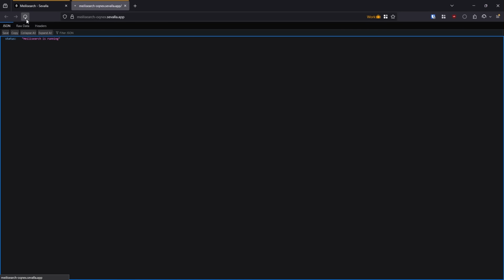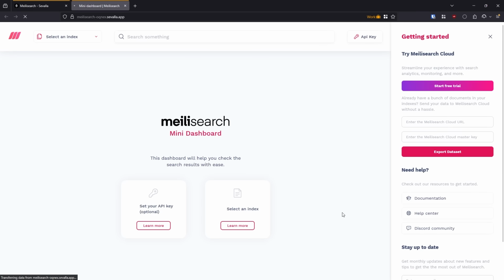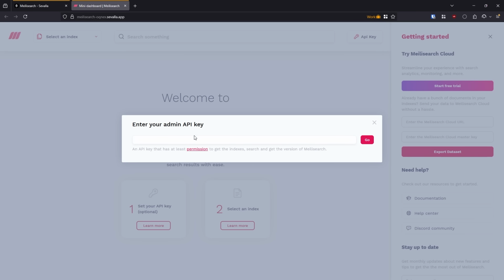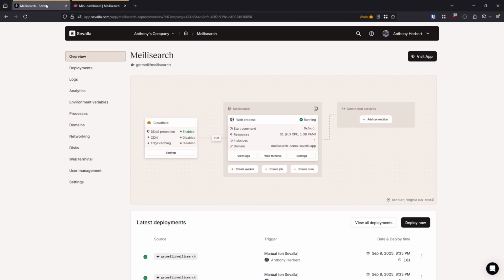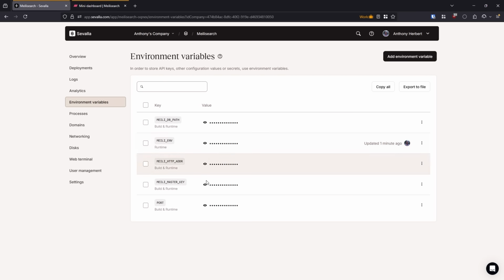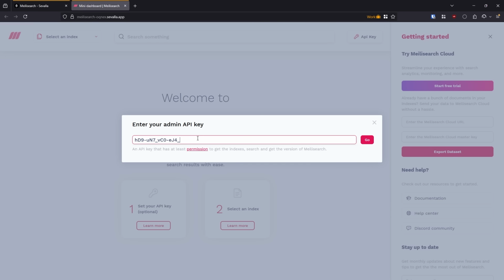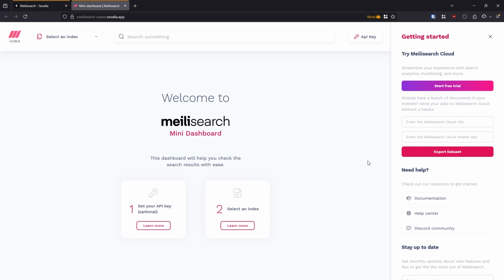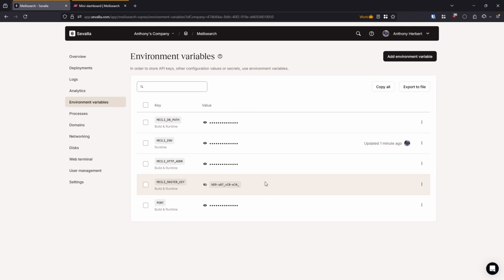So if I go here and refresh, I should get a different screen, which I do. So I get this Meilisearch dashboard, and it's prompted me to enter my admin API key. So if I go back to environment variables and go to my master key here and view it, I can click on this and paste it into this input here and click go. And this will allow me to work with the dashboard. And now with the dashboard up, I'll make sure that this is still on my clipboard because I'll need it in a second. So now let's go over to my VS Code so we can connect to this through code,